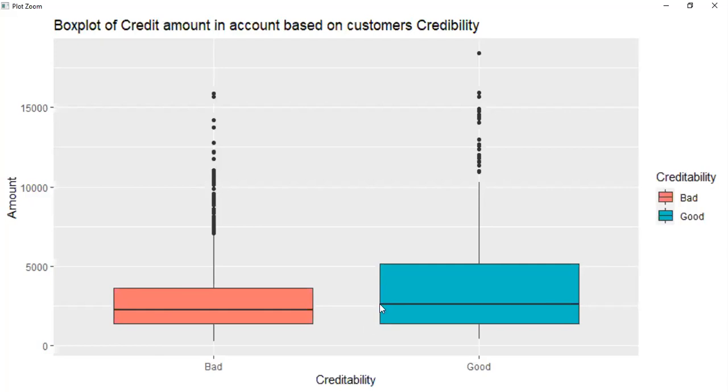For normal it is very simple. This middle line should be in the middle. If this line is in the middle, then I can directly say that the data is absolutely normally distributed. If this Q2 line is in the middle, then we can always say that your data is normally distributed.